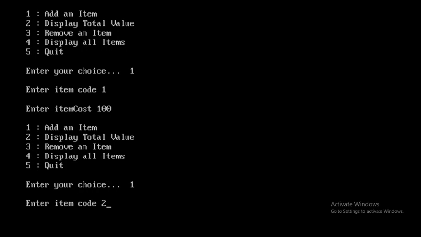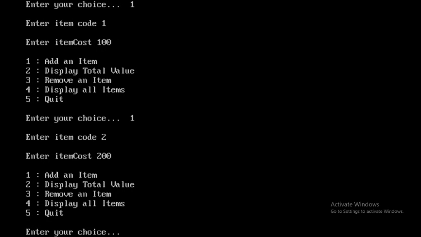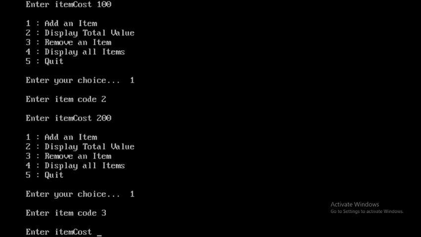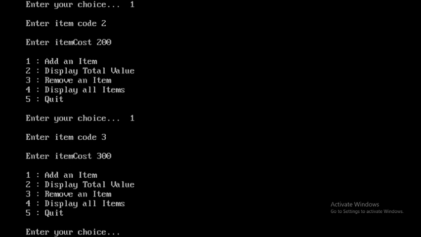I enter item code as 2, and let us consider the cost of my item is 200. Two items I have added. Again I want to add one more item, I give choice as 1, item code 3, and cost as 300. So in total 3 items I have inserted.